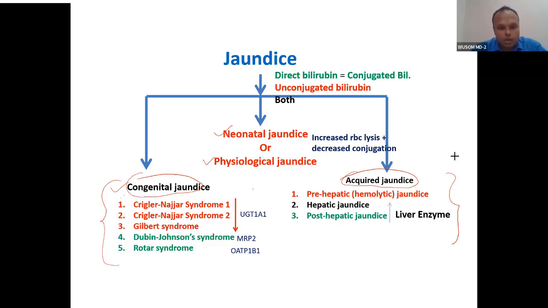So understand this. Crigler-Najjar syndrome, type 1 and type 2, and then Gilbert syndrome. Crigler-Najjar syndrome is of two types, plus Gilbert syndrome. All these three have deficiency of glucuronide transferase. Crigler-Najjar 1 has the highest deficiency, there will be zero enzyme here. Enzyme activity increases as you go from Crigler-Najjar 1 to 2 to Gilbert. Gilbert has the highest activity. In all these cases you will have unconjugated bilirubin. The red marking is for unconjugated bilirubin.